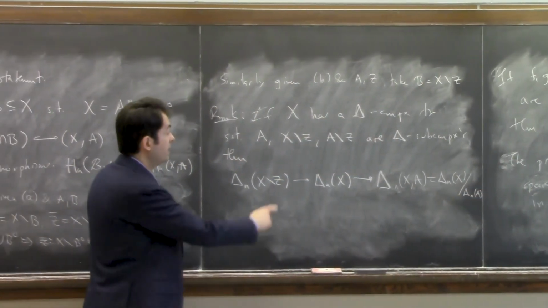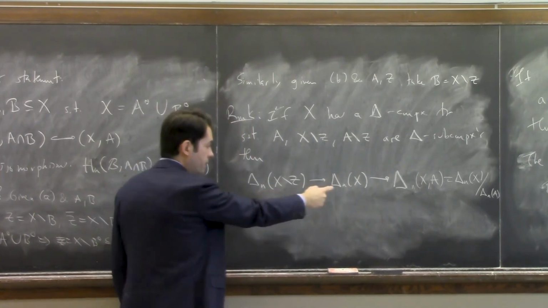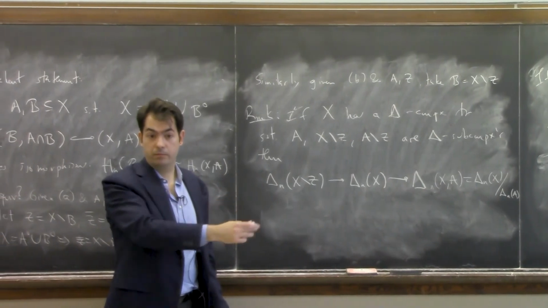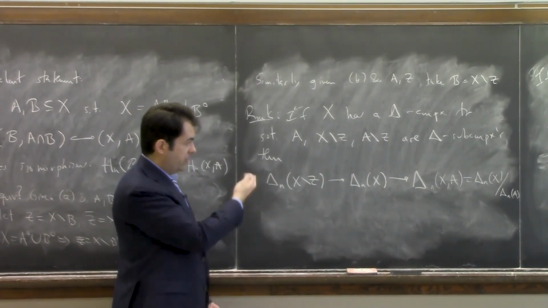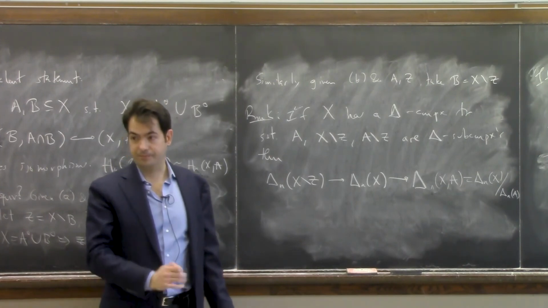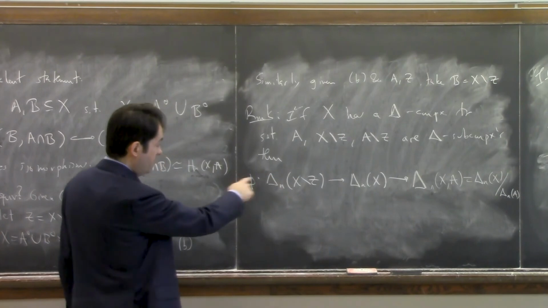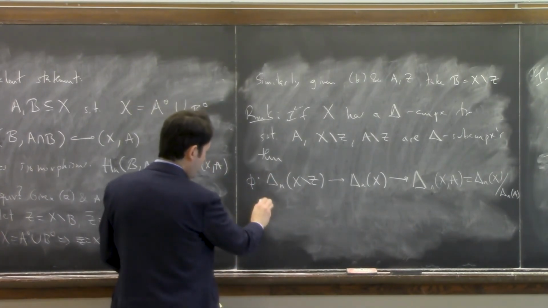Right? Notice I need everybody to have a delta complex substructure in order to define these groups and have maps between them that respect the structure so that they induce maps in homology. Right? So let the composition be phi. Then it's easy to see that phi is surjective